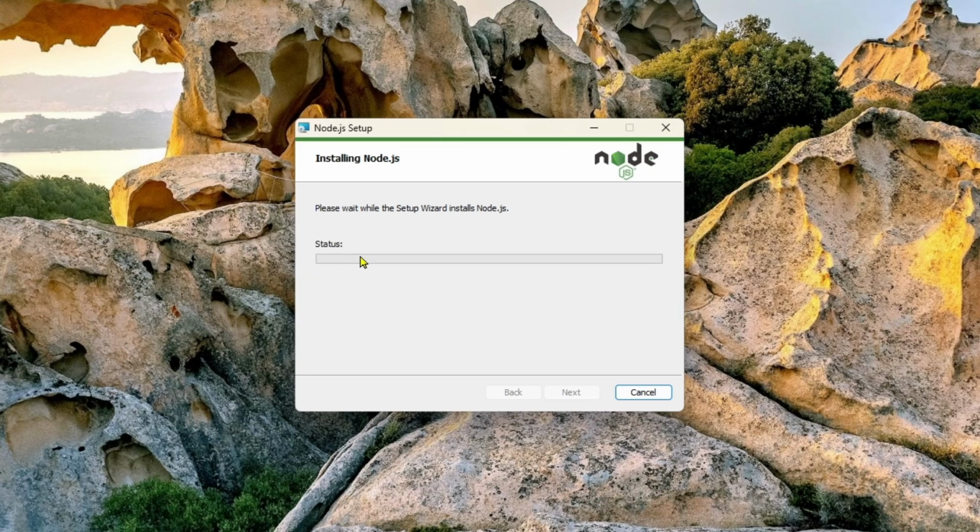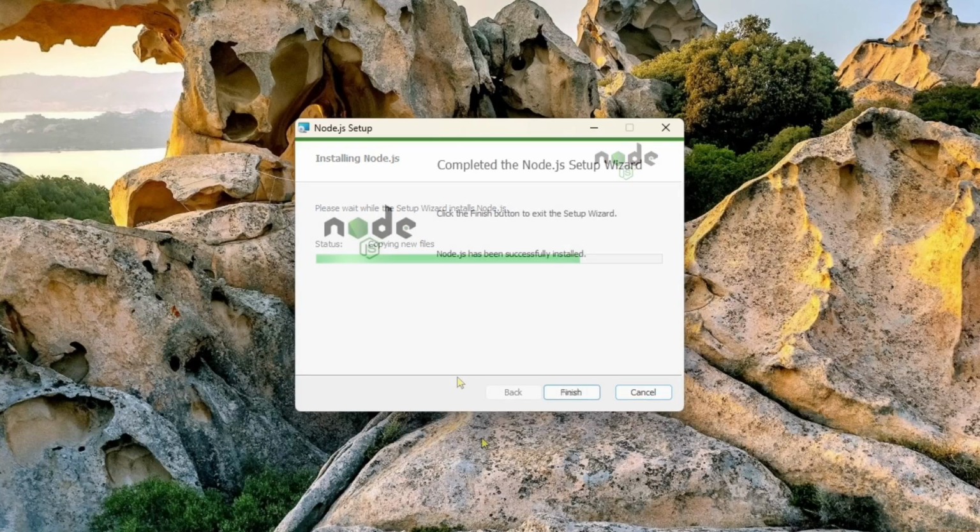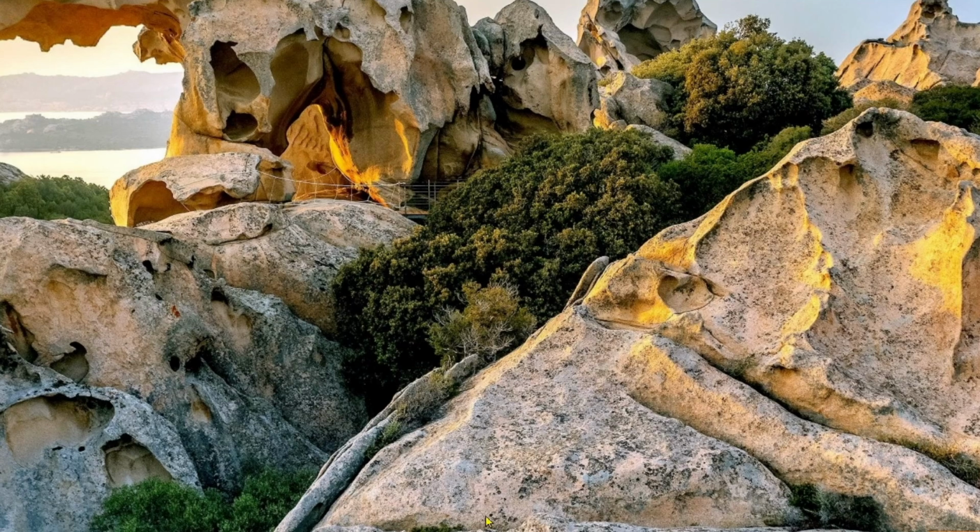After that, you can see the installation is beginning. So it will take some more minutes to complete it. So for that, keep patience. And now if you click on yes for the permission, and now if you click on finish, and now what